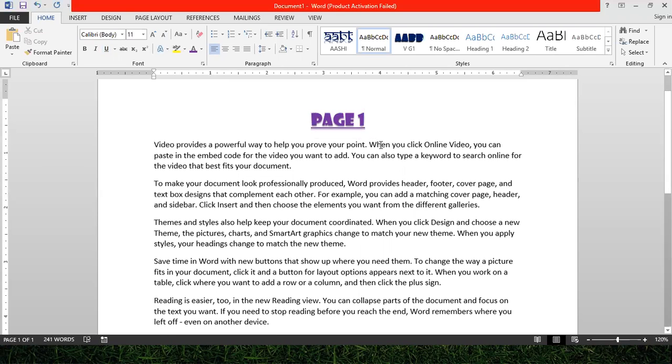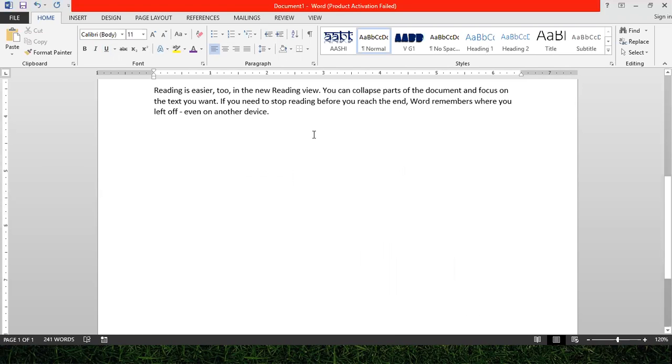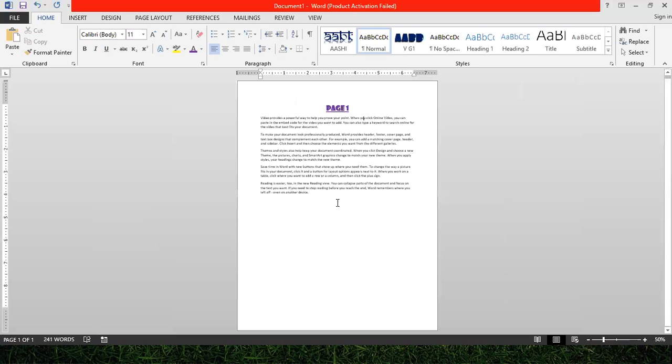Now suppose in my document there is another page. Let me zoom out the page so that you can see both the pages together. And let's have some another page.